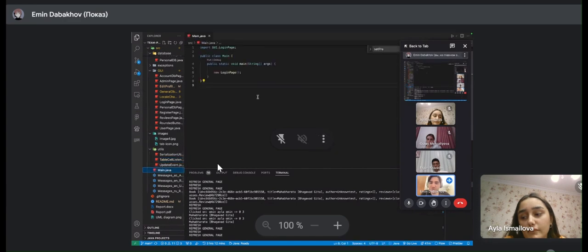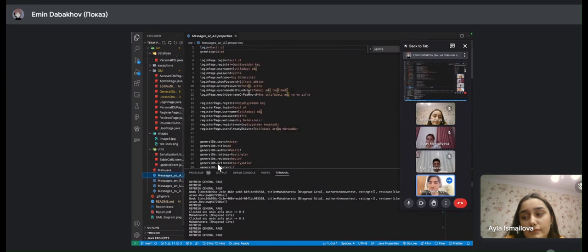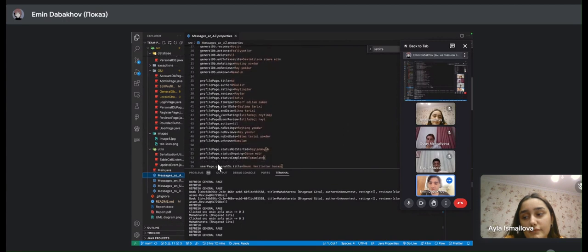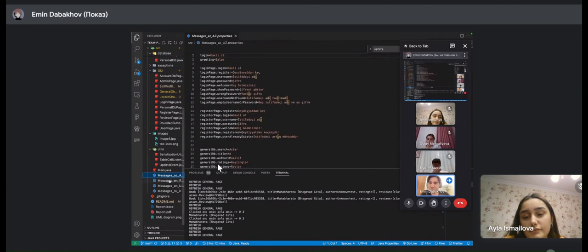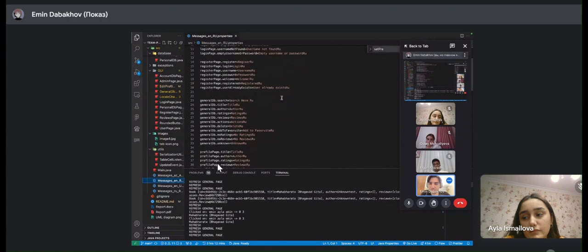And here we have one main class that is used to run the entire program. When we run it, it creates a login page JFrame, and basically it's the beginning of the program. We can also see that there are messages files for localization. For each language, we have a separate file with